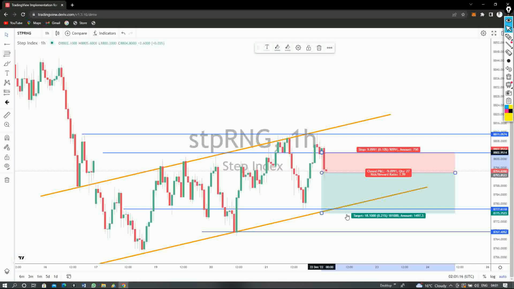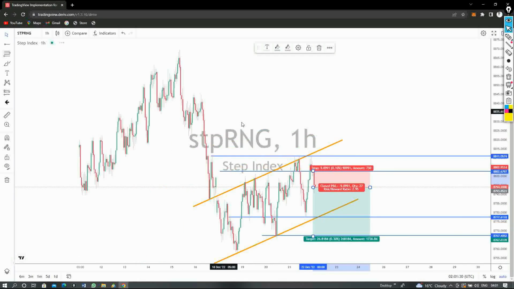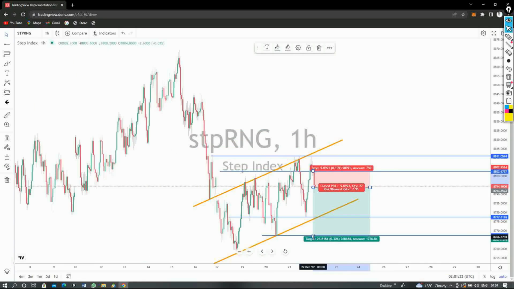If you look at it clearly, even TradingView shows you that this is a zone. I'm looking at the first zone of support, and for me it's not that strong. I'm expecting the market to go down a bit further,